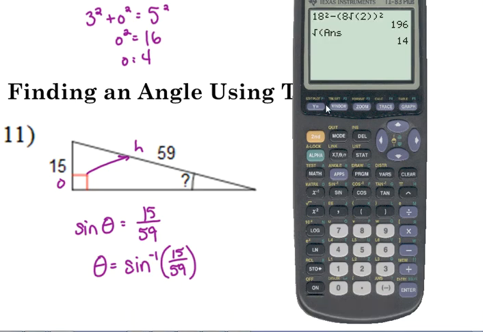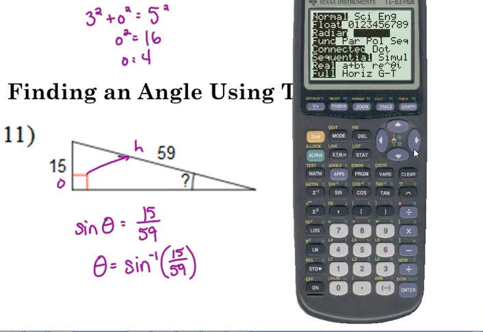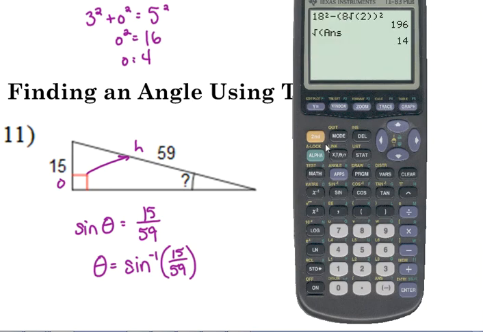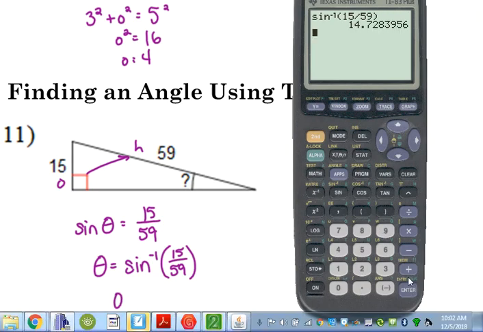Now, make sure, number 1, that you're in degree mode. Every time you reset your calculator, it puts in radian mode, so make sure you're in degree mode because we want these answers in degrees. And the inverse sine is the second sine. So 15 over 59. So theta is approximately